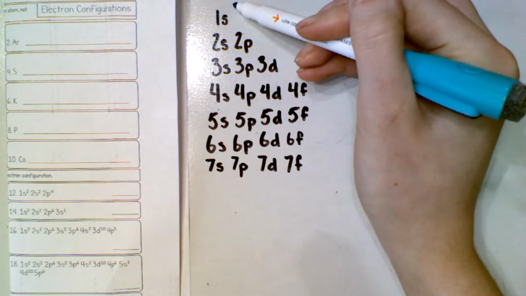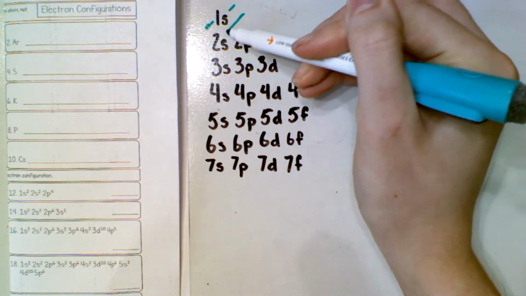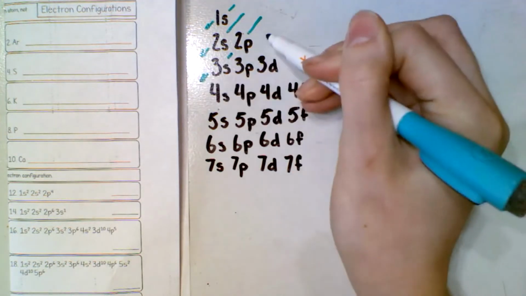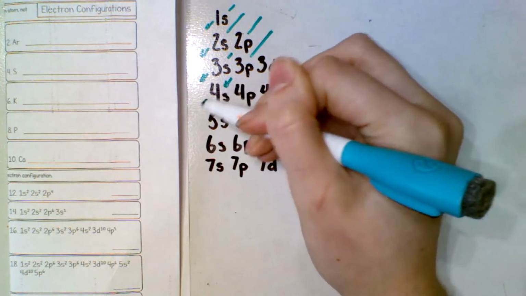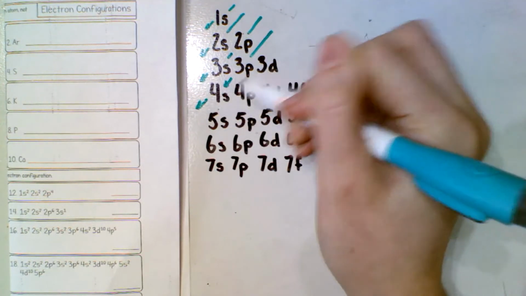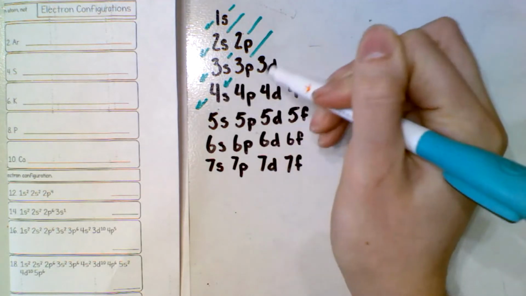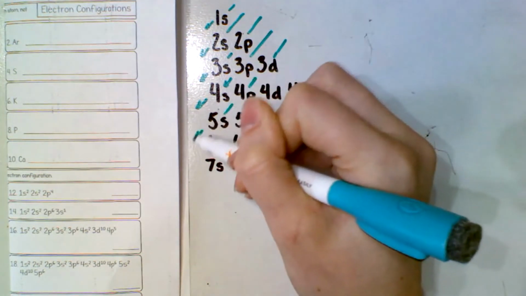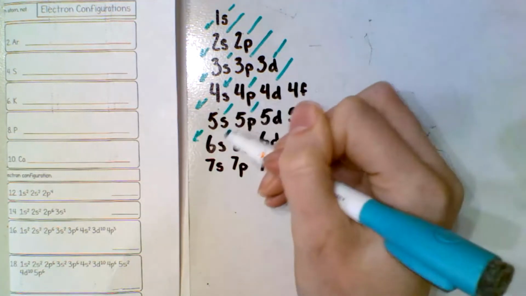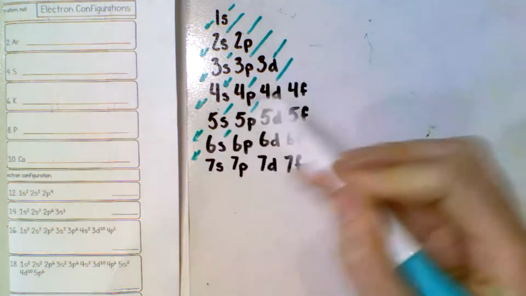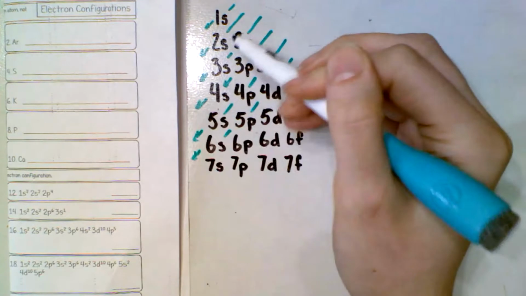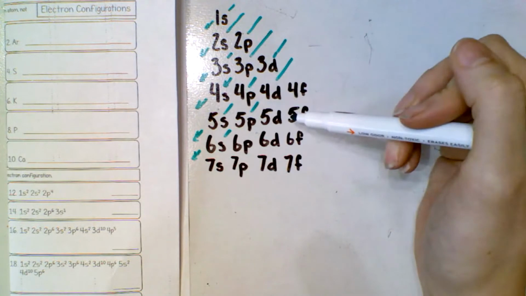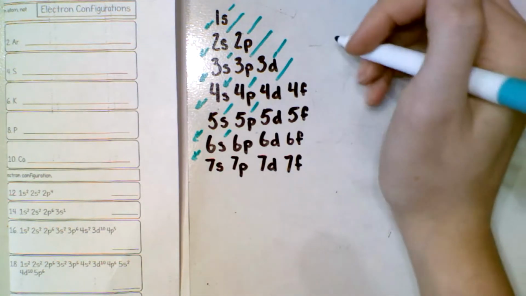So we do start out with 1s, and then we're going to fill in 2s, and then we're going to fill in 2p, then 3s, then 3p, then 4s. We're going to skip 3d and go to 4s. It's actually lower energy than 3d. Then go to 3d, 4p, 5s, 4d, 5p, 6s. So I just want to show you guys that process one more time, right? That we kind of go in an odd pattern here when we're dealing with the d orbitals of higher level groups. So we're going to start off our example with argon,